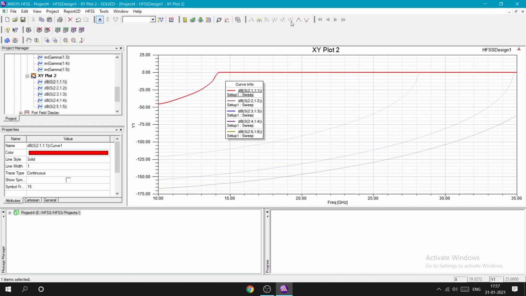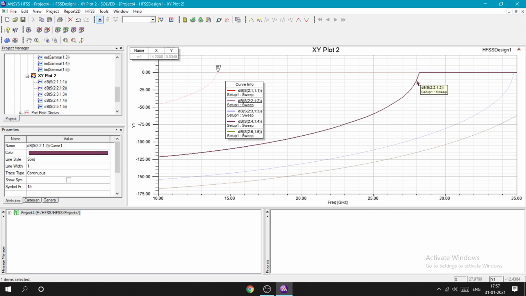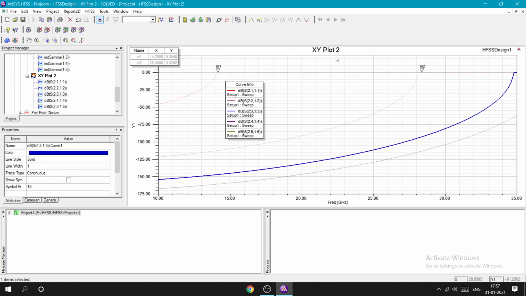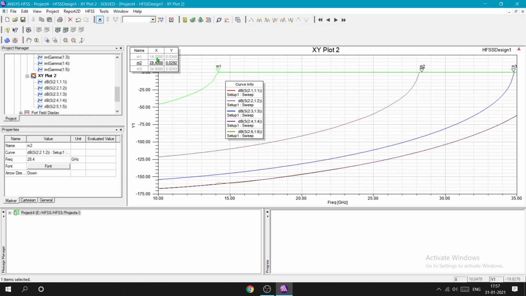To measure the cutoff frequency values, you just click on them. These points will be highlighted. These are the markers actually. So this is the maximum marker for this graph. Select the second line, select the maximum marker here, and click the third one, add another maximum marker here. So you can see the values 14.2, 28.4, 38, 34.8. Okay, and now this is the graphical part.